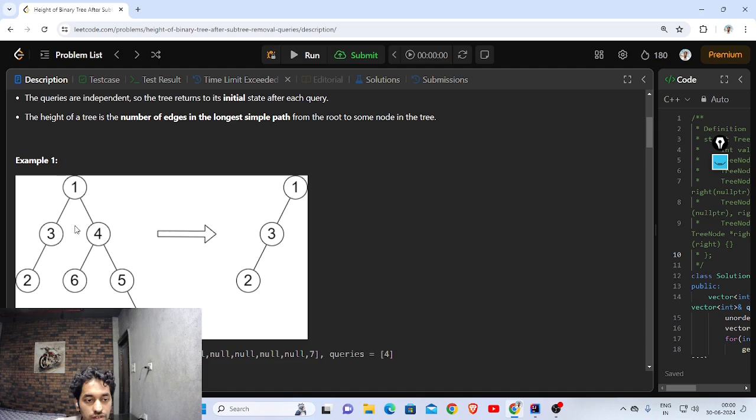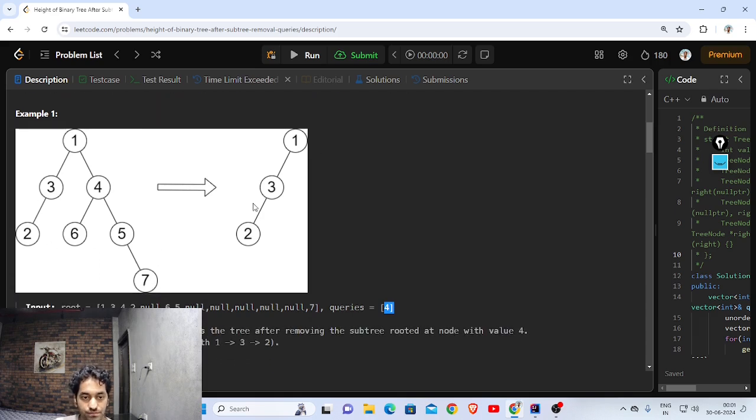So, basically, we are given a tree, and we need to run queries over it. And in this tree, every value is unique. That's a very major point, and it's going to be a very key point of this problem as well. So here, for example, query is 4. Then I'm going to remove the entire subtree which is starting with 4, including 4 itself. And I'll ask what is the longest height possible from root, and that is 3. Sorry, 2. So this is the edges that they are asking. The maximum edge we can have is 2,